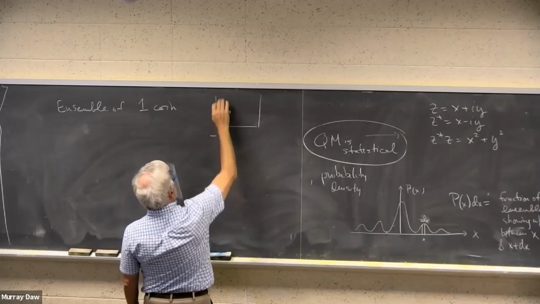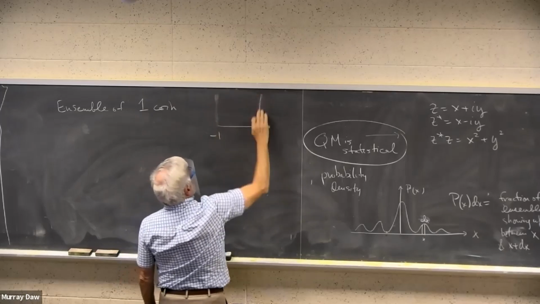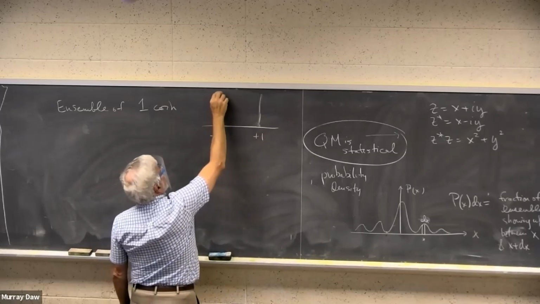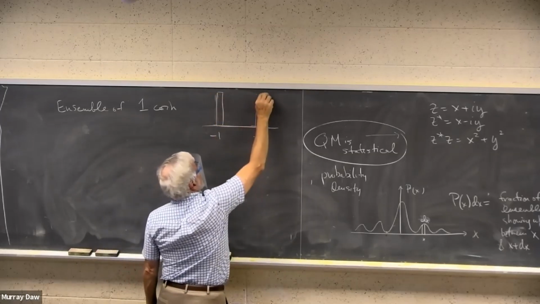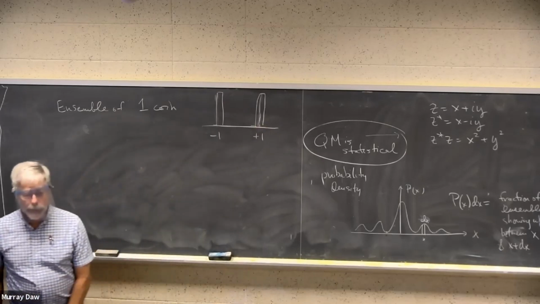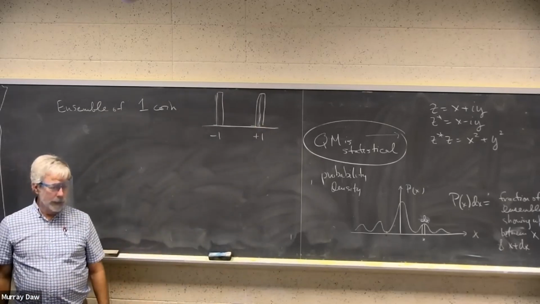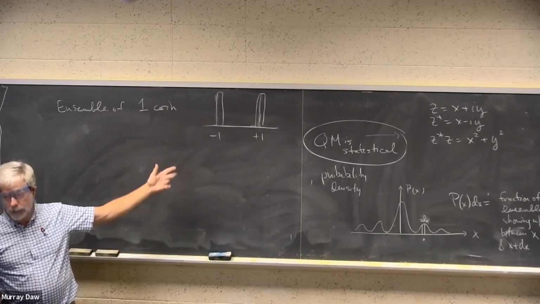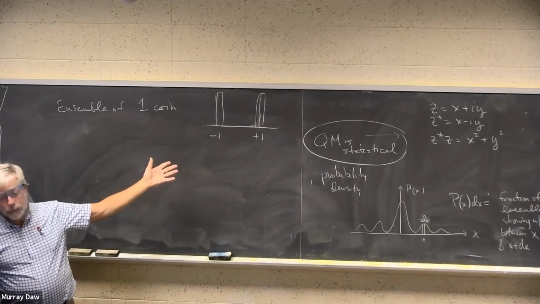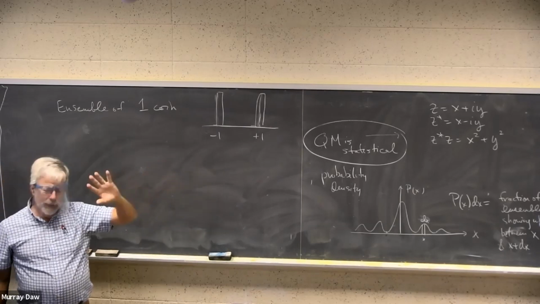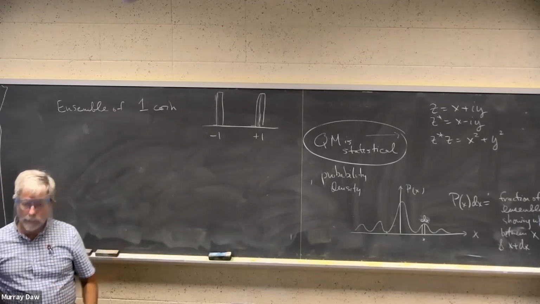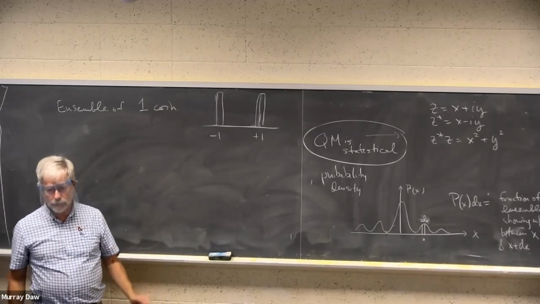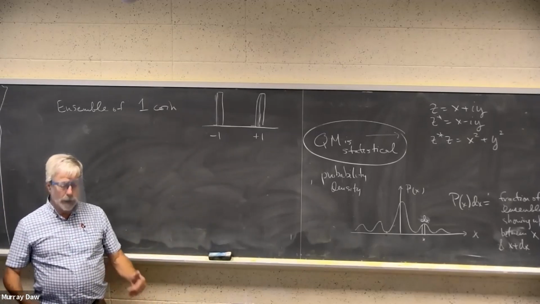Let's suppose I put -1 as a tail and +1 as a head. Then I get a bin at -1 and a bin at +1. If I have 300 million samples, I have really close to 150 million tails, really close to 150 million heads. Not going to be exact, but it's going to be very close. Okay, so half and half, right? 50-50. That's what I mean by ensemble and probability.